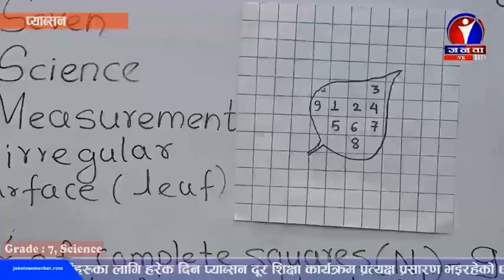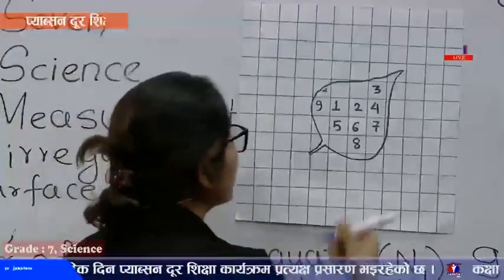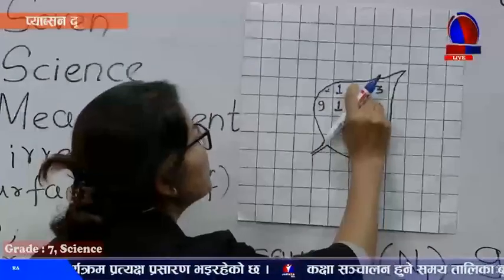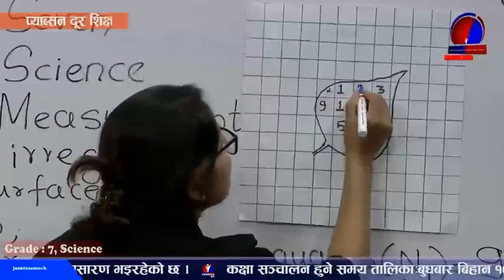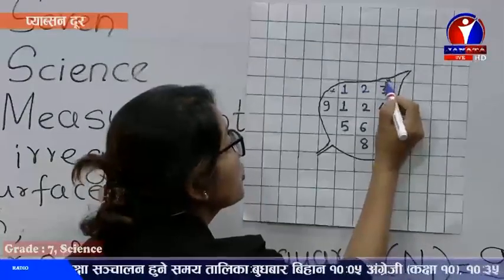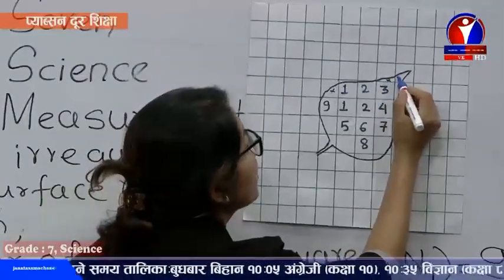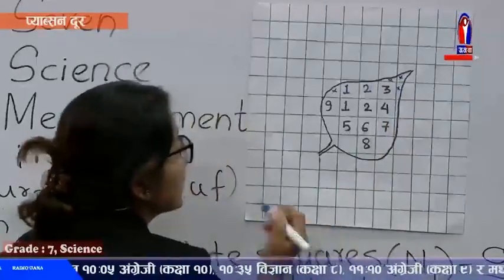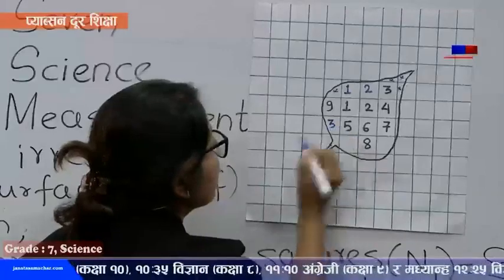So let me use another color so that we don't get confused. Here, let's take this another as 1. So it's also nearly, yeah. Let's take this as 2. Now this, it's very small or less than half, so we do not count this. We ignore this as well. This is also very less, smaller than 1, so we ignore it. Now here, if we go, it's 3.